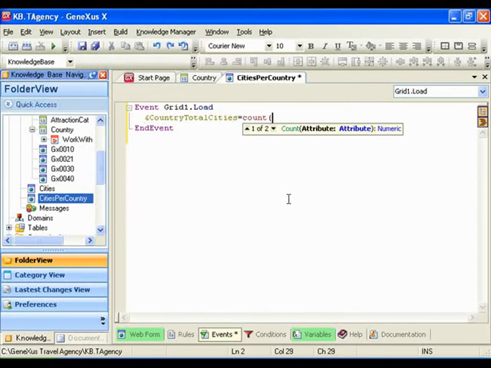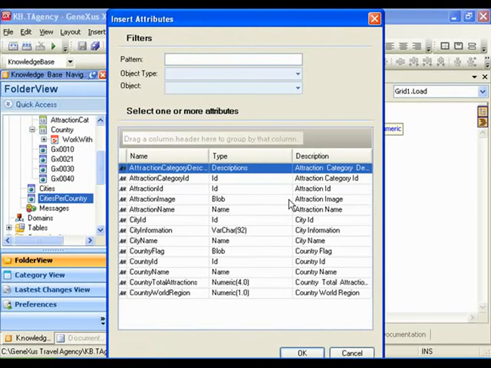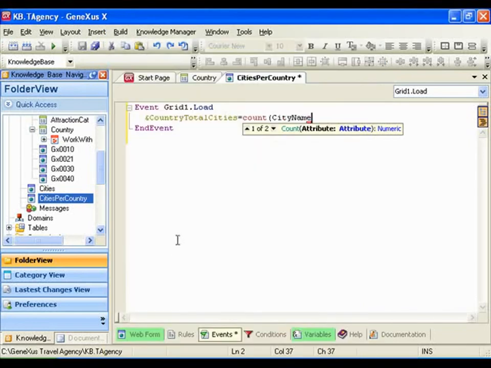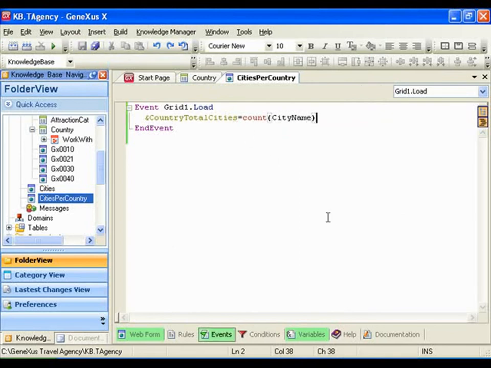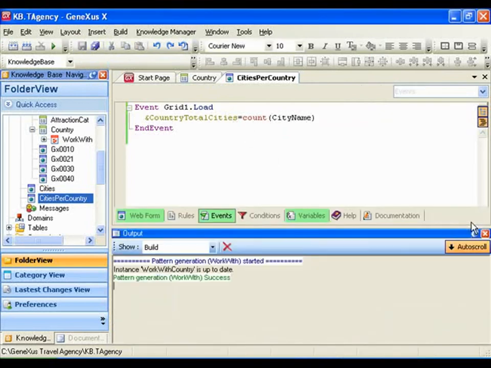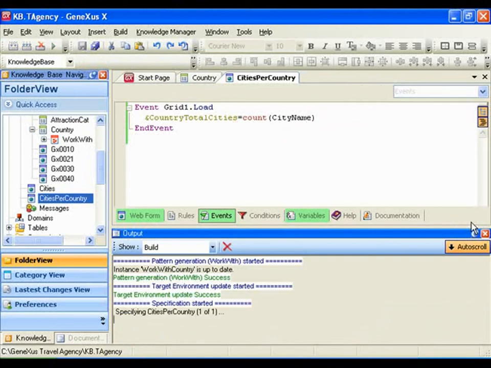It will be equal to count city name. We save the changes,